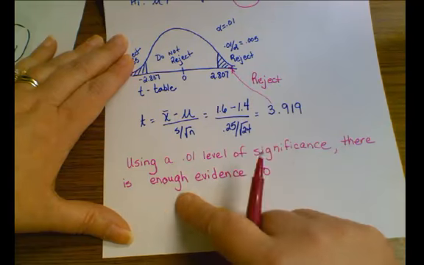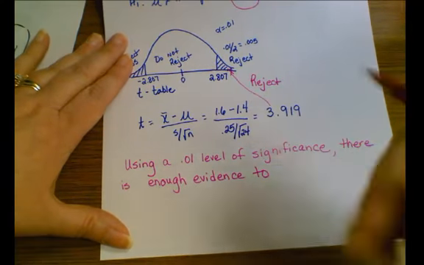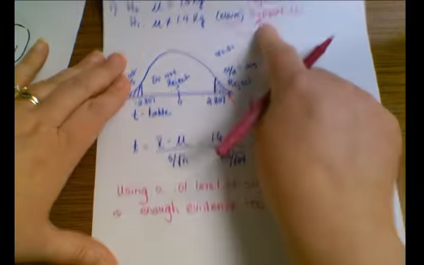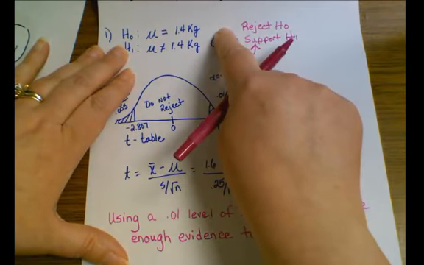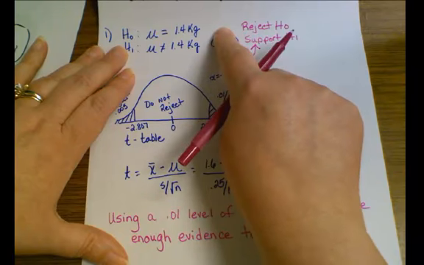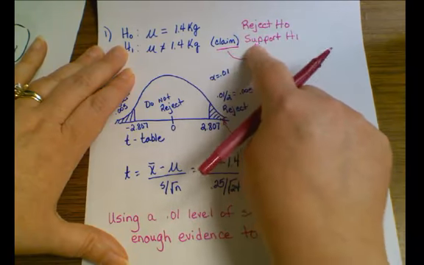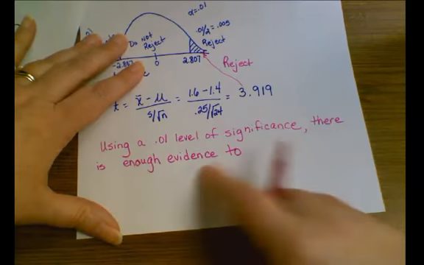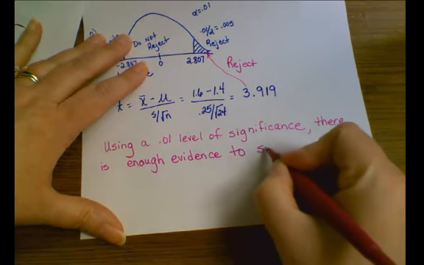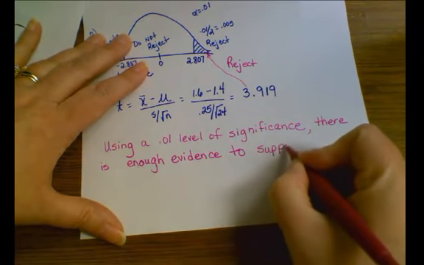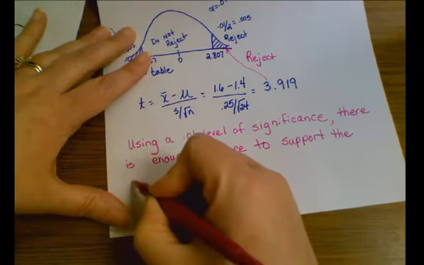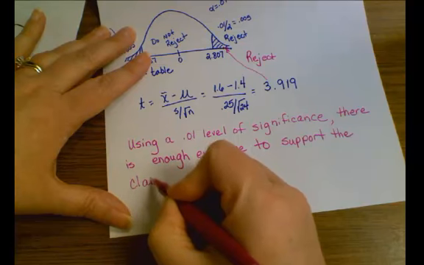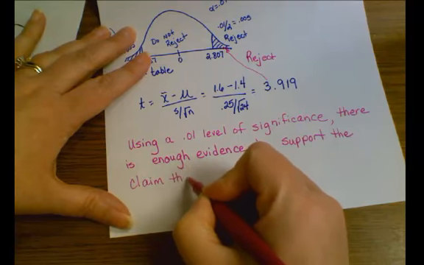So there is enough evidence to, and what am I doing? I'm supporting the claim. If the claim had been up here, I would have been rejecting the claim. But the claim is here, and I'm supporting it. So there is enough evidence to support the claim that,